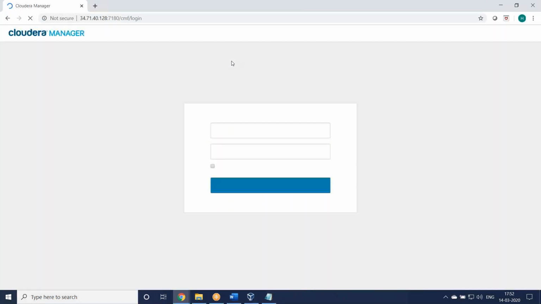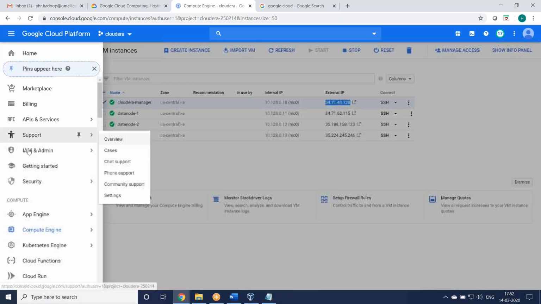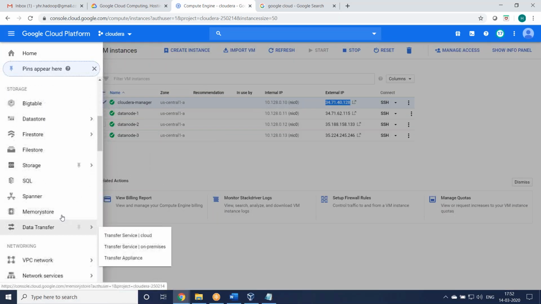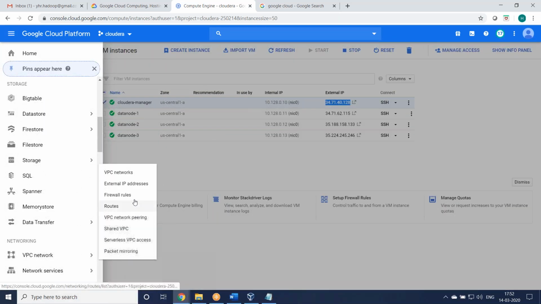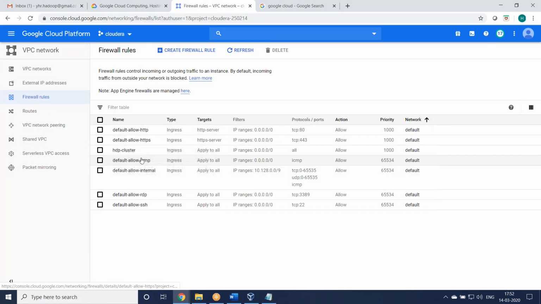But in my last practicals, I already created the firewall rule set, where you can find it here, the VPC network. Okay, so the firewall rule set. So how to create a firewall? Okay, create a firewall rule.